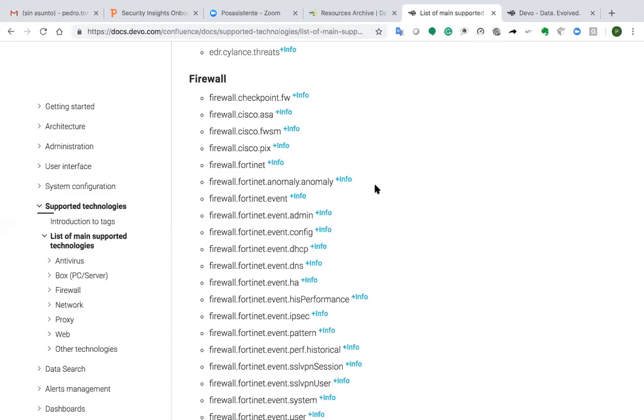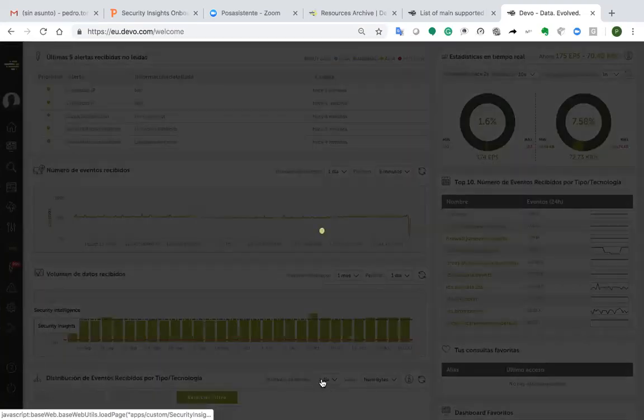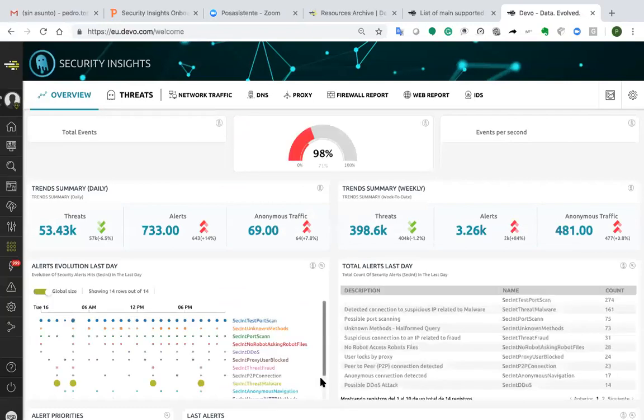Yes, there is no problem getting information from any kind of source. Imagine that you have, for example, a database. You can send the information from the database in real time, or you can send it in batch processing. We have no limits to get information from any kind of source. But it's important that we are using the technologies of firewall and web or the IDS to be integrated in the application. So if you want to show things about DNS or proxy or firewall or web, you need to use these sources. But if you want to use your own sources, you can create and perform alerts